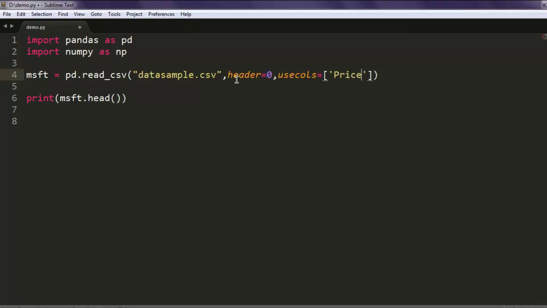So let's say price is one column and let's say color is another, and once we point those two, the next we are going to sort it with, let's say, index column